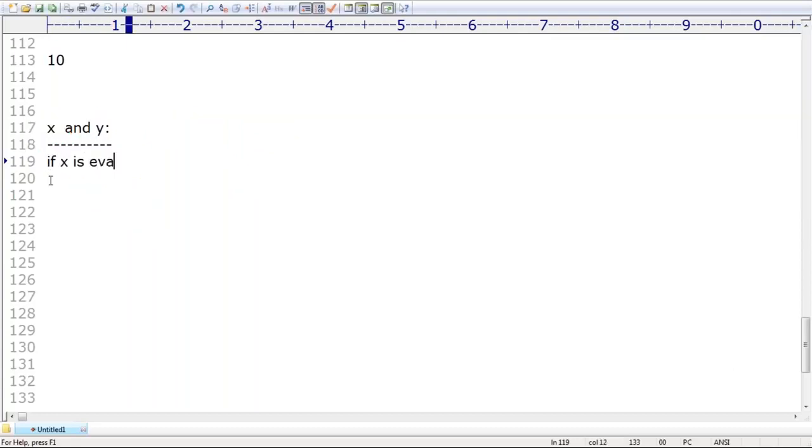Let me document once again. If X evaluates to false, then return X. Otherwise, return Y. Have you observed? Output is always written either X or Y. But when will X be returned and when will Y be returned? Think a bit carefully. If X is treated as false, then we have to return X. If X is not internally false, then we have to return Y. Can you please read this statement once or twice? Then you will be able to understand.